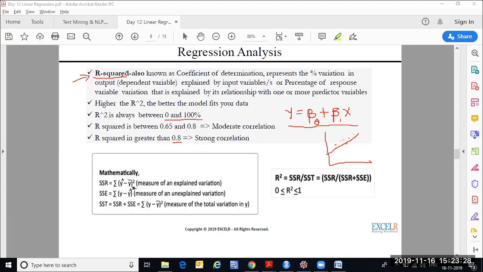Though we are talking about R squared value, the small r talks about the correlation coefficient, whereas the R squared value talks about the coefficient of determination. Terminologies are very important, friends. The small r is called the correlation coefficient. It talks about the relationship between two variables. And whereas the capital R squared